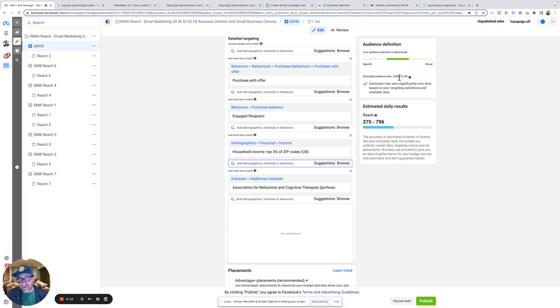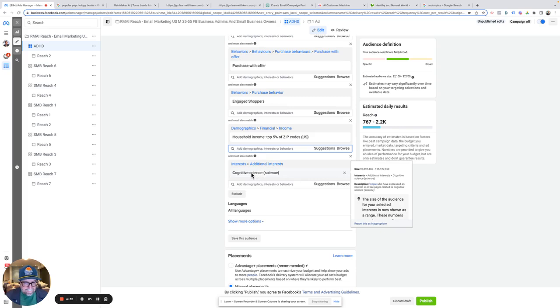You can run a whole lot of different campaigns to different audiences. Again, that would be on the ADHD thing, because that mental one's a harder one. Stuff like pituitary issues, thyroid issues, diabetes and things like that, if you're selling information or supplements, that's going to be a lot simpler. Also, here's cognitive science, another heavy psychology related interest, and it's a relatively small one. So in the case of ADHD, you're going to have to test a lot of audiences, and really with any health related thing where you're going after somebody with a specific condition, you're going to be doing a lot of narrowing down.